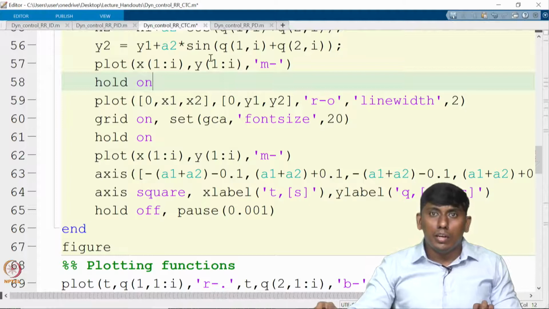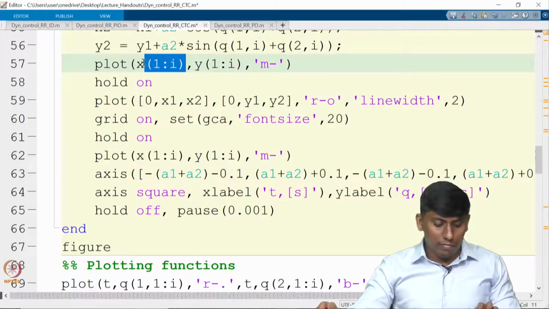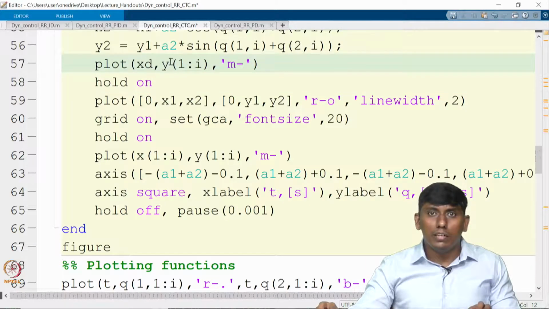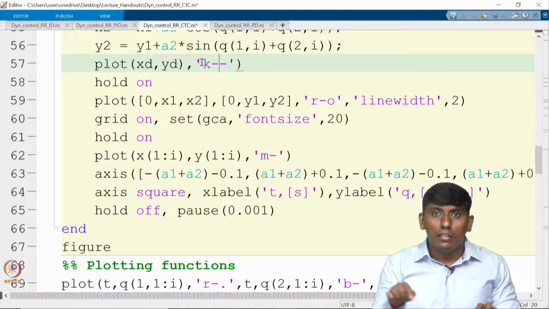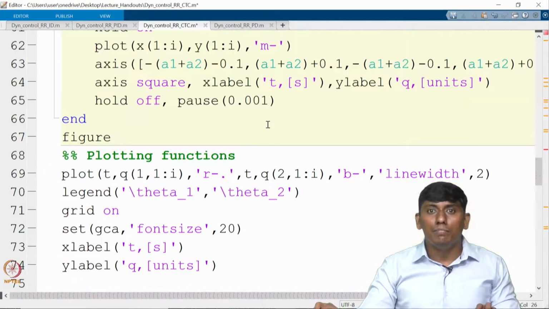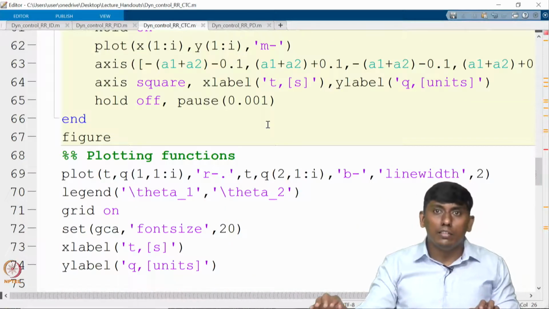So here I'm plotting x desired comma y desired, and I'm showing that as the desired plot, which I'm showing as k double dot, and this is a dashed line. So now if I run this,